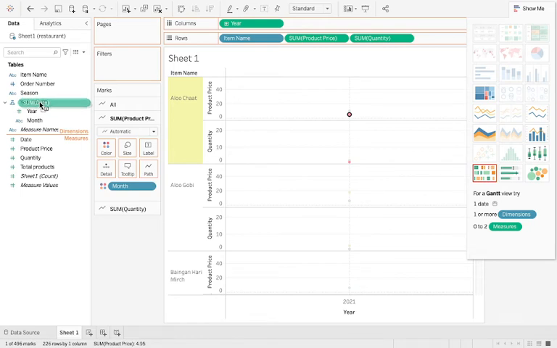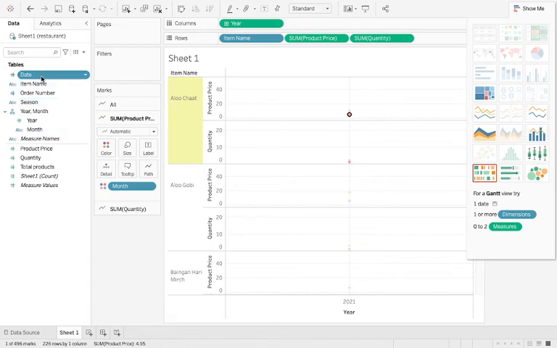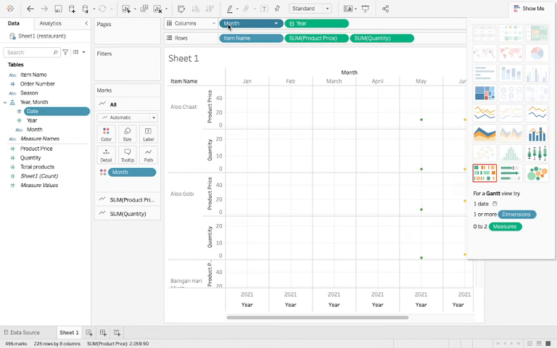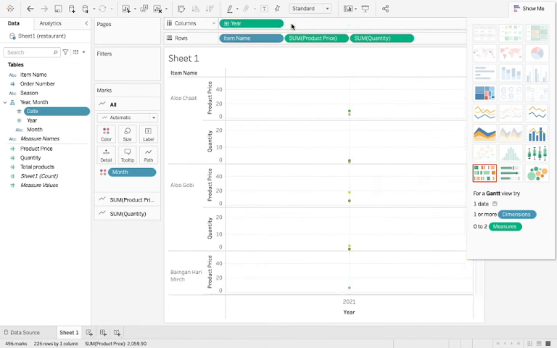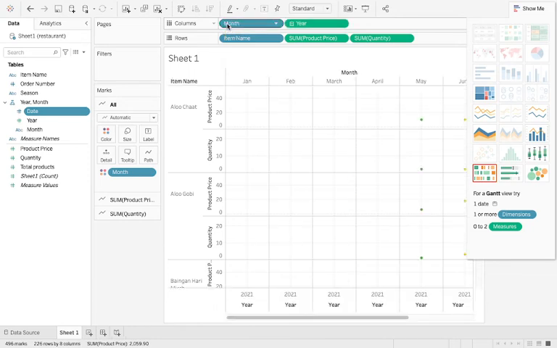So if I click on that, you can see the plus sign here, and if I click on that, now let me just drag it here. Yeah, so now you see we have date, month and year under the same hierarchy. So if I click on this, I can sort my data accordingly. So this is one beautiful feature of hierarchy in Tableau. You can just click on this particular thing to sort your data according to year, according to month, according to the hierarchy that you choose.